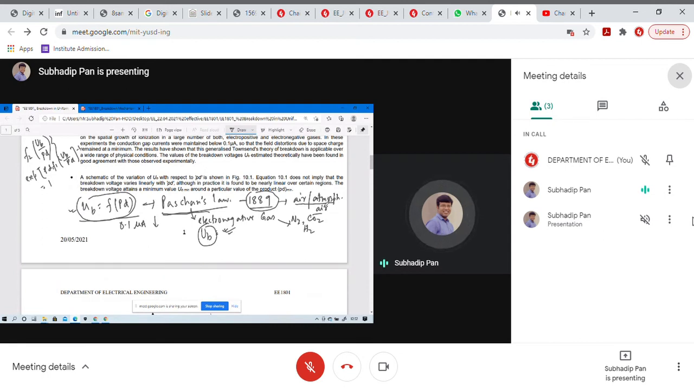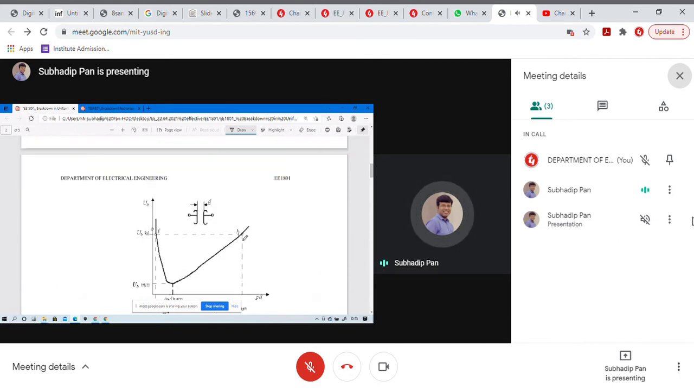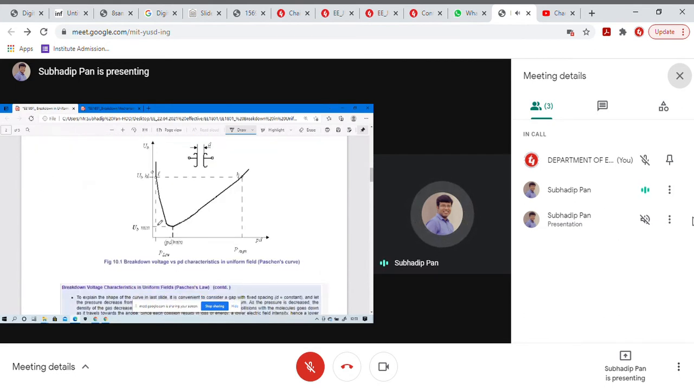So in practice, when we observe these things, we will see that this particular linear equation is satisfied over a certain region. The breakdown voltage attains a minimum value, UB min, at around a particular value of the product PD min. So here we will see the graph which shows the breakdown voltage versus PD characteristics